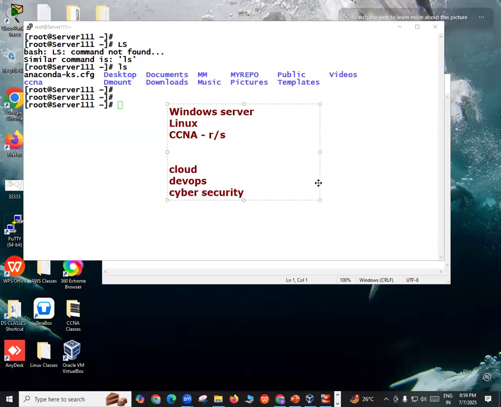But maybe you're in some other field right now, let's say in sales or accounts, maybe a programmer, maybe in marketing or any XYZ field. So if you're planning to change your career path and go into administration, servers, networks, cloud and all those things, do not put more than 2.5 years of experience. The company will expect a lot from you.